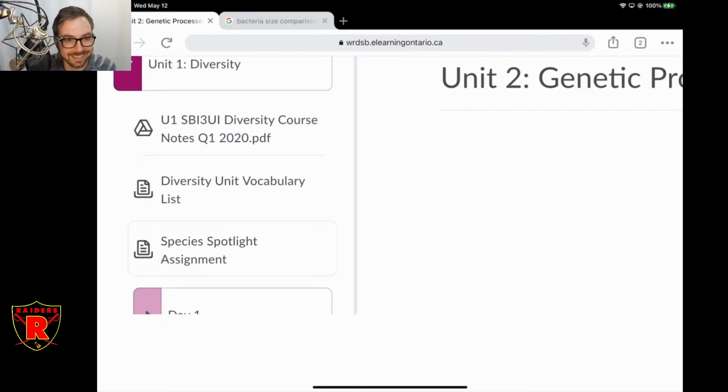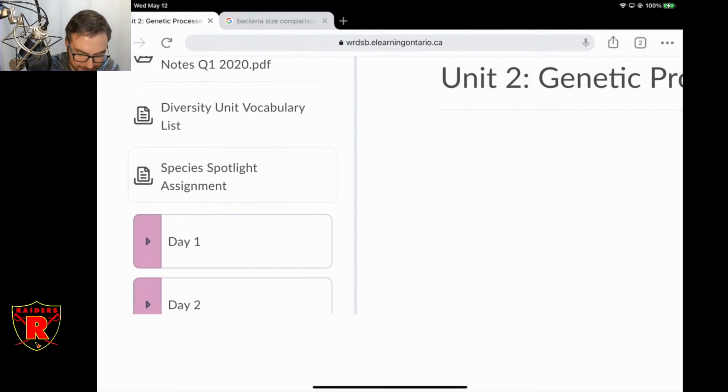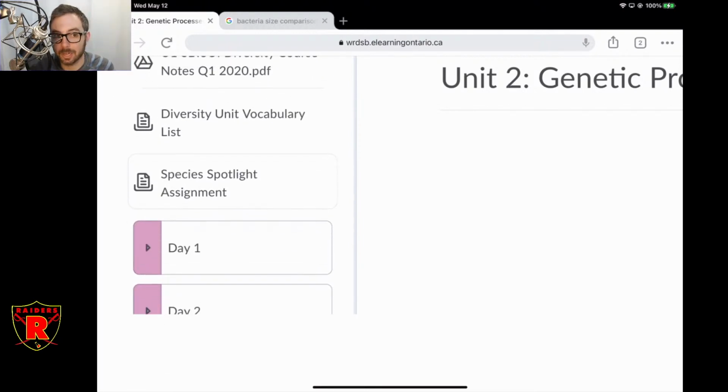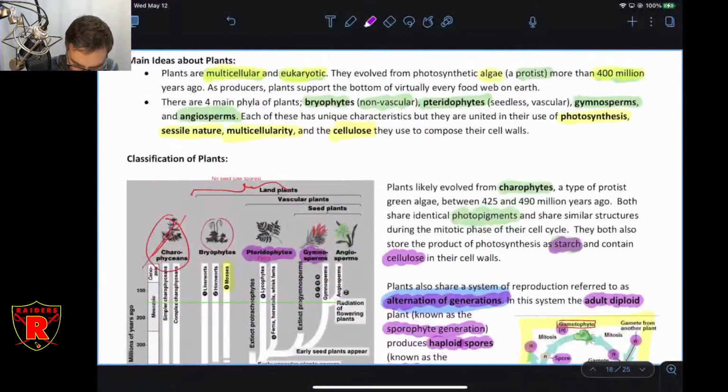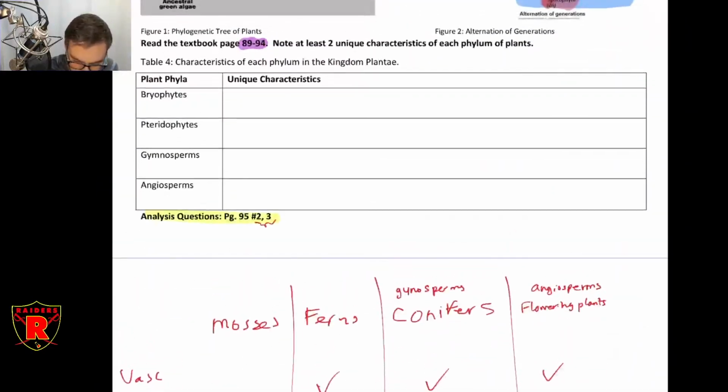Don't do it again. The last part here is the species spotlight assignment. As I mentioned, I'm going to give you a bunch of time to work on it today. And it is also due tomorrow at midnight. These things always come due at the end of each unit. We've gone over what that entails already, so work on that at your leisure. Okay, so let me talk about the animal content real quick here, and then I'm going to stop talking and let you guys get to work.